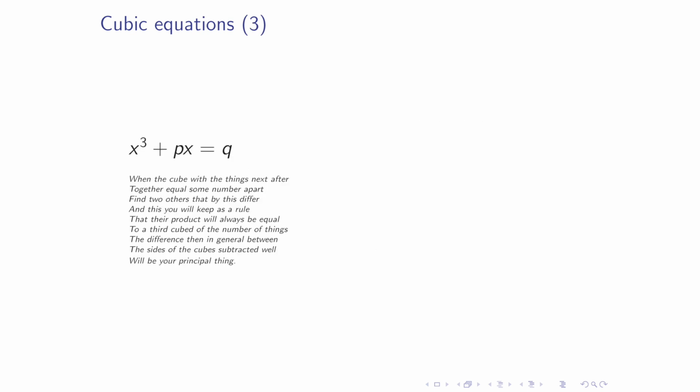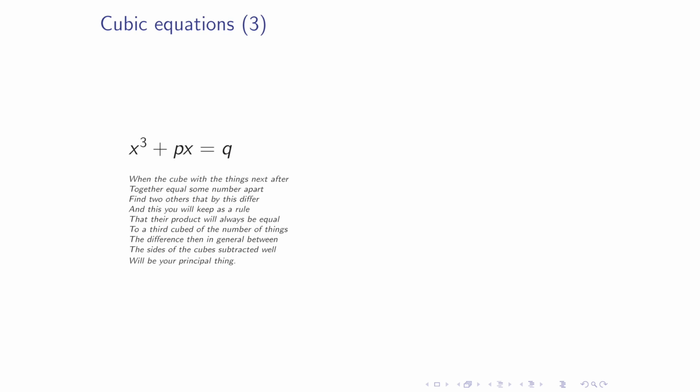So when the cube and the things next after, so we've got the cube and px is the things. So the Italian word lurking in the background here is cosa for thing, and then that spreads into other languages as algebra comes to be known as the Cossic art. The Cossists are the people who do this kind of thing. So anyway, the cube and the things next after equal to some number of parts, so equal to q,